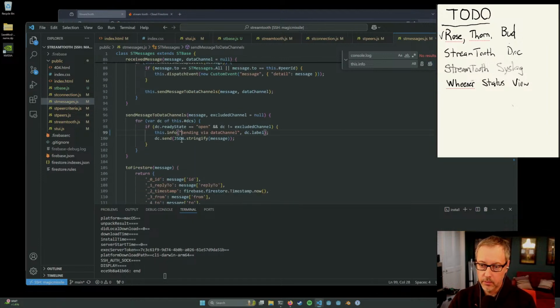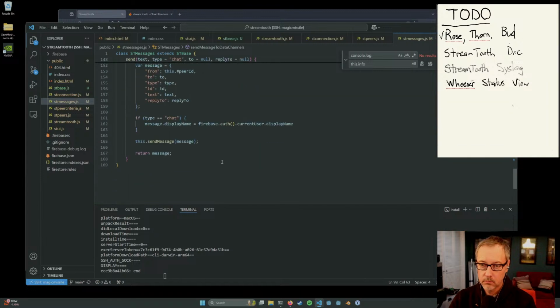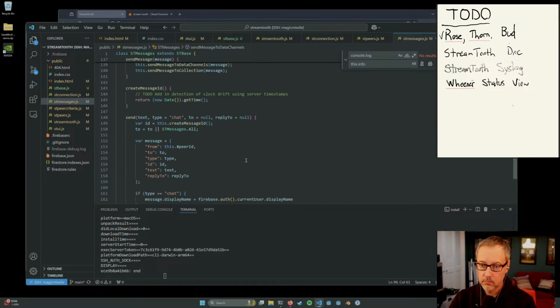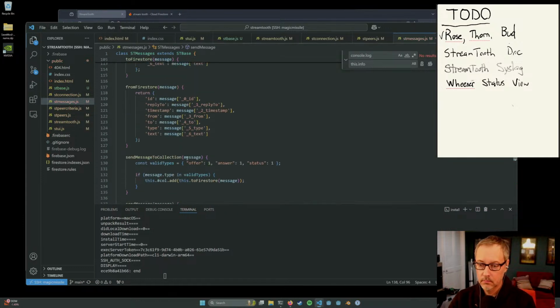Okay, so here, what we need to do is convert these to backticks. And here as well. Okay.